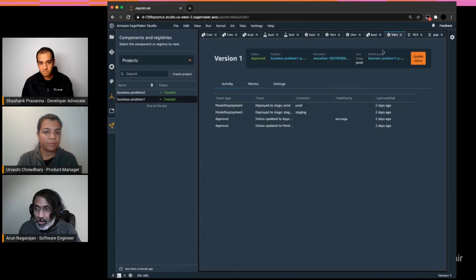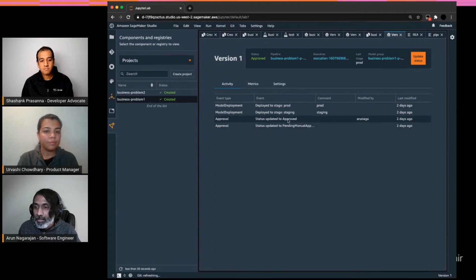So I'm going to jump back to an earlier version, right? In this version, we were looking at version 5, but this is version 1, which got trained 2 days ago, for example. So initially it was in the pending manual approval state, and then I approved it, and it reached the staging stage, and then